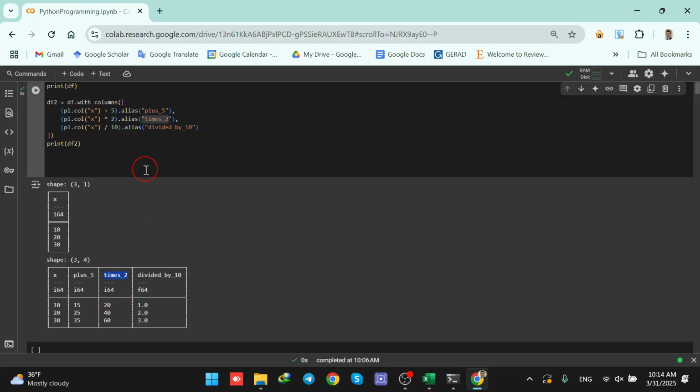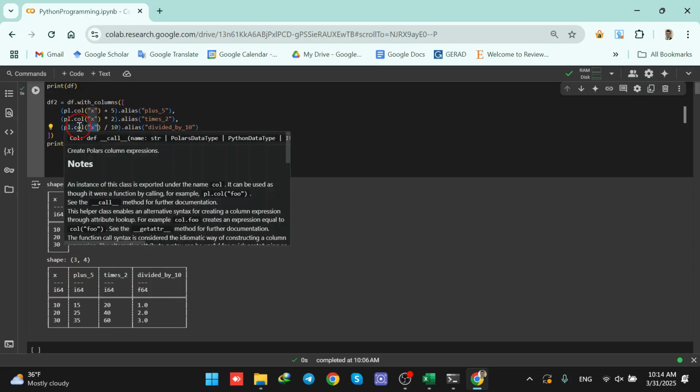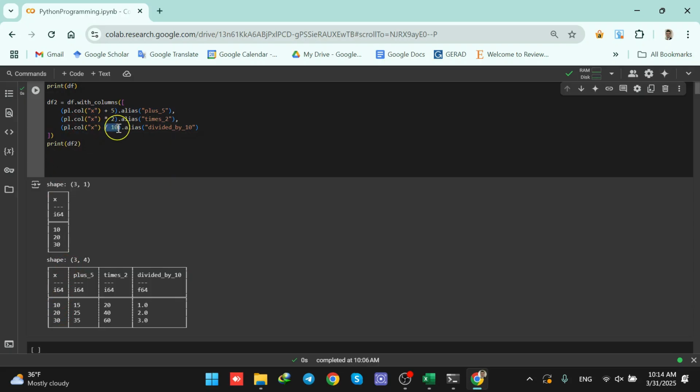Then we are having the next column here called divided by 10 using the alias function. So whatever is in the X column is divided by 10. Whenever it is divided by 10, we are having the output in the divided by 10 column. So 10 divided by 10 is 1, 20 divided by 10 is 2, 30 divided by 10 is